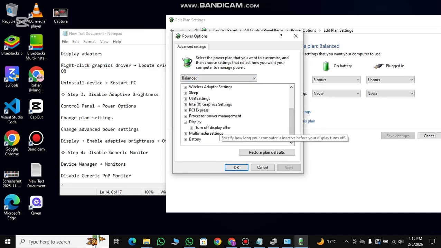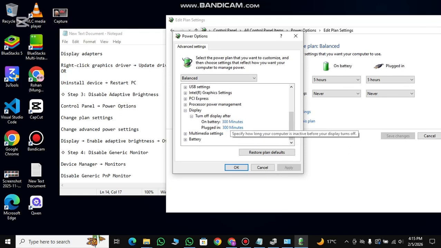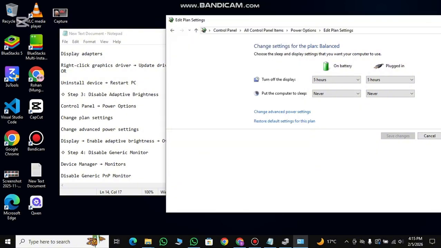And see the option of turn off display after, and also you have an option, just click on it and see that on battery 300 minutes. So make sure that you set that to 300 minutes on battery and 300 minutes plugged in. So make sure that you select those settings. So after that is done, okay, the fourth step is that you just have to